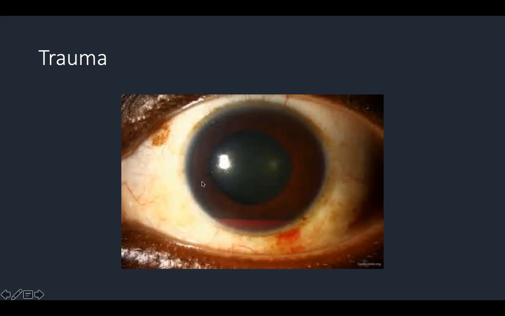This is the most important thing, and then you have to evaluate the rest of the examination for signs of trauma, and you have to see the fundus for other signs of trauma like commotio retinae and so on. Controlling the IOP is the most important. How to control it: medical, and you have to keep in mind